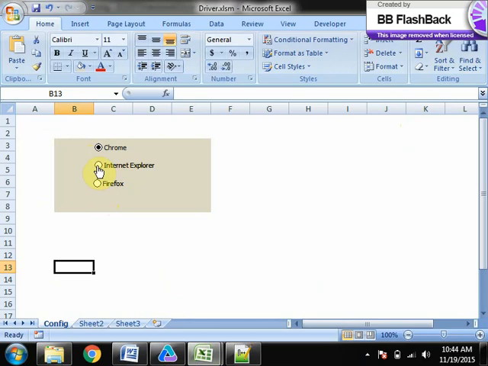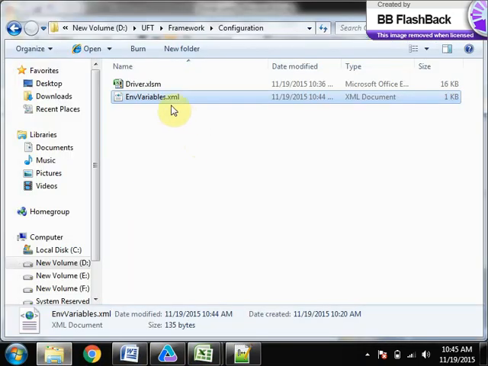Now I need to execute in QA. It will launch the enterprise now, but I need to execute in QA. What should I do? Again I have to go to XML and make the change. But for a non-technical person, it will be difficult to go and modify. So in such cases, instead of having one environment variable file, I am creating multiple environment variable files. This one is for dev.